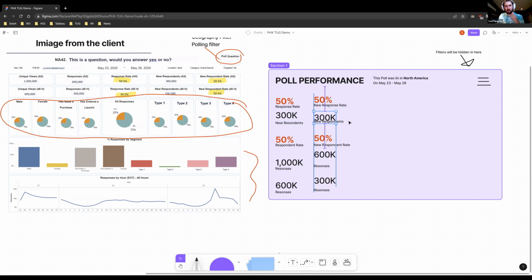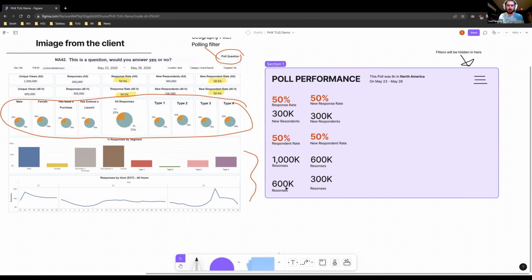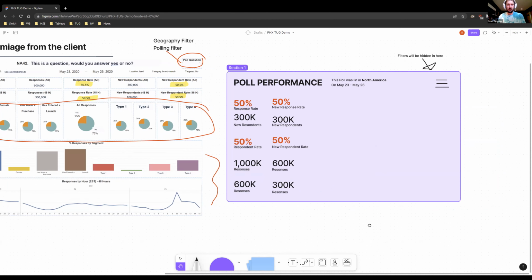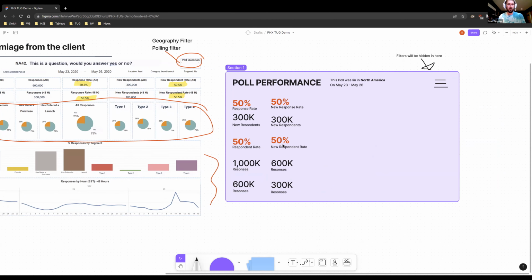And of course, there's a lot to do about spacing here that can be improved on and made better before you show someone this. A lot of the times too, when I'm doing these little KPI cards, I'll include something like a percentage change. But since this is the evaluation of a single poll, I don't really have anything to compare it against. So I don't know that that would make any sense here right now. Okay, so we've got the top section of our dashboard kind of knocked out here. And I'd say we're probably walking away with a little bit more information from those metrics across the top than we were before.